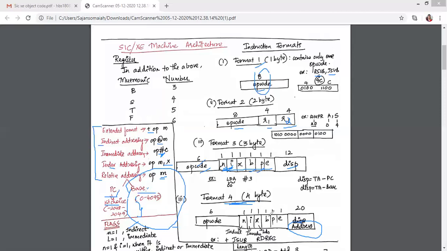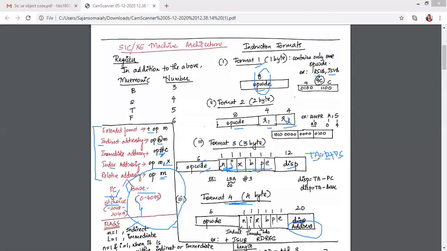We'll get to know how we need to set the flags, and displacement here is 12. See, what is displacement? Displacement is actually nothing but, if you want to jump to a particular label or a location, that is the target address. So the target address is always nothing but the displacement, that is the offset. So you have to add displacement to the program counter. I hope you know what a program counter is. Program counter is the address of the next instruction to be executed, right?